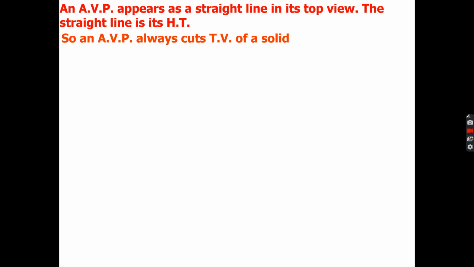So it will appear as a straight line when you see it from the top, and that straight line is its horizontal trace, right? So that is your horizontal trace. So an AVP always cuts the top view of the solid. If you want to cut this solid and